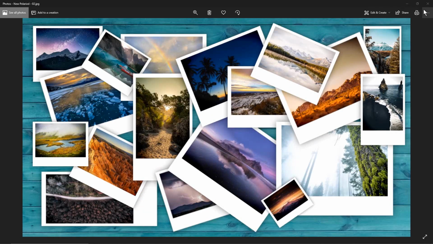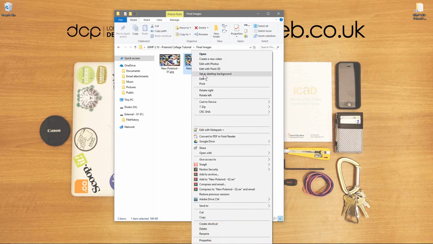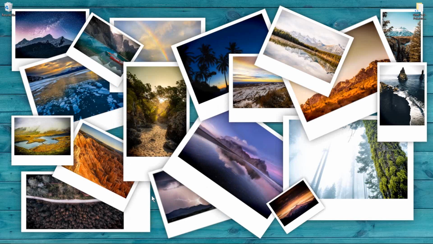So let's go to my desk. Let's try something out, right? So let's click on this one, the middle one. Let's right click and let's do set as background. So now I can use that as my desktop background because we created the image at 1920 by 1080, and